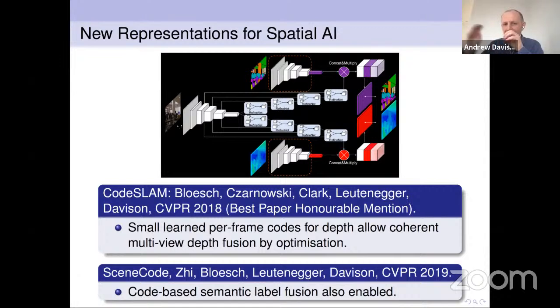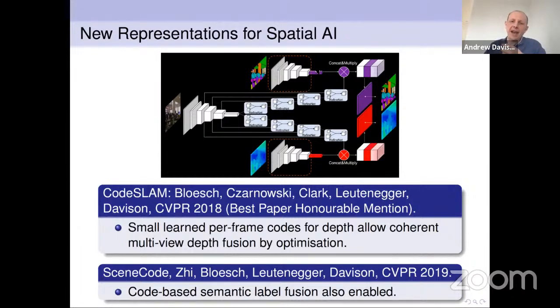So if you have looked at single view depth networks and there's a fairly textureless area, for instance, you may know that the network will know that that's probably a flat area, but it may not know very accurately what the depth and orientation of that kind of plane is.